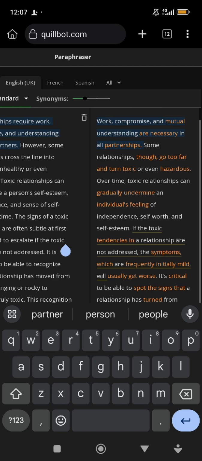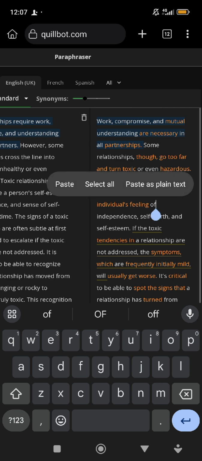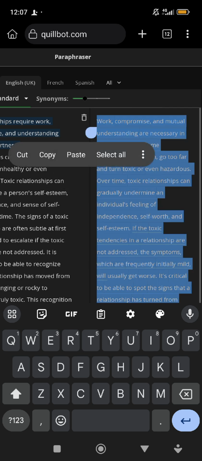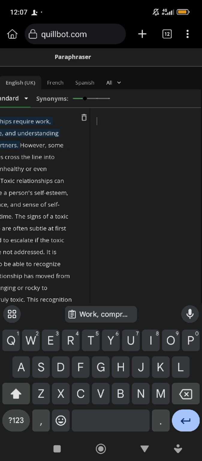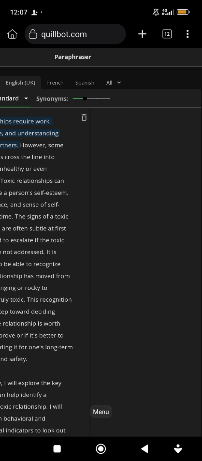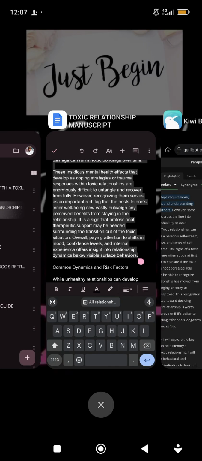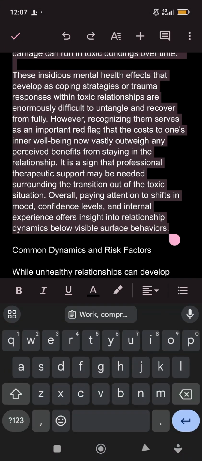So let's say I'm okay with the paraphrased version. I will now look for anywhere around this place. Hold the phone like this. Do select all. If I do select all, I will click on cut or copy. Now that I've done this, I will go back to this place where I actually copied it from.